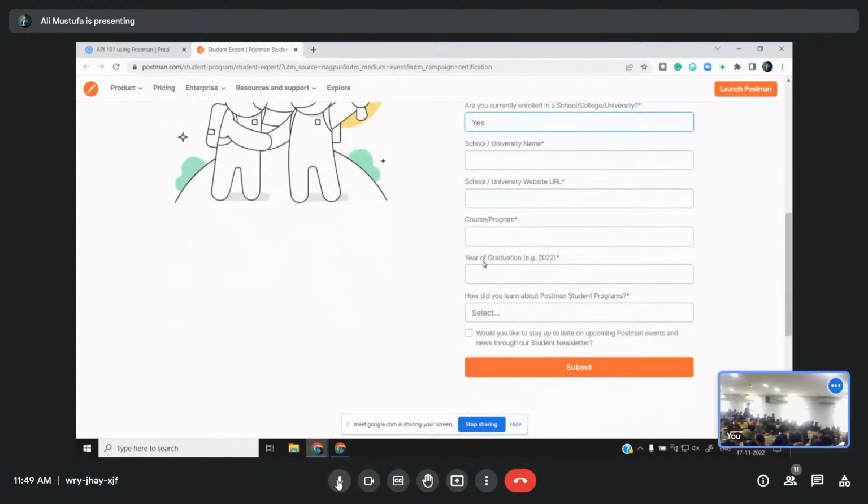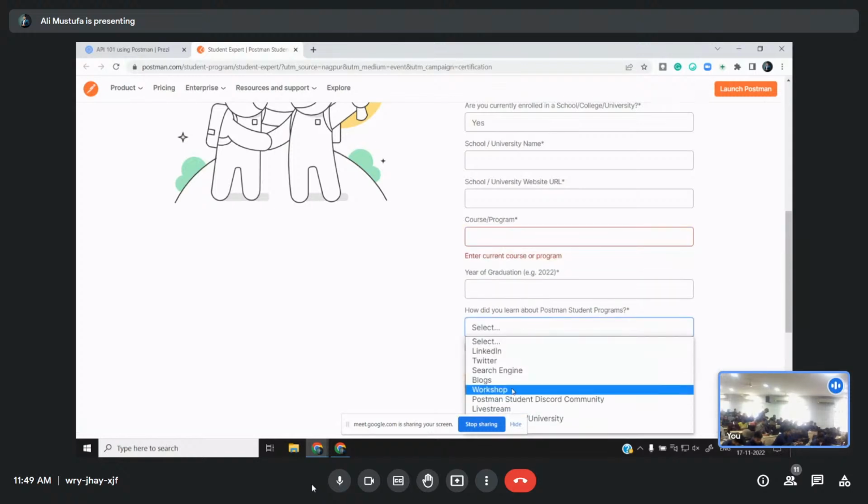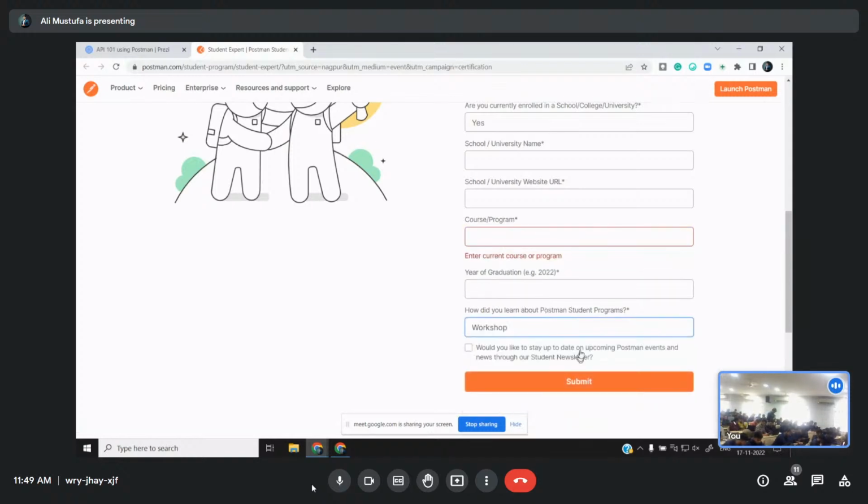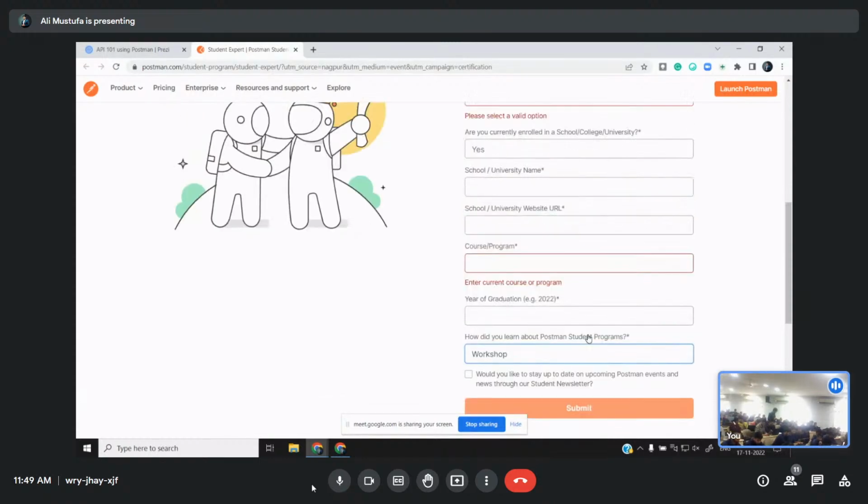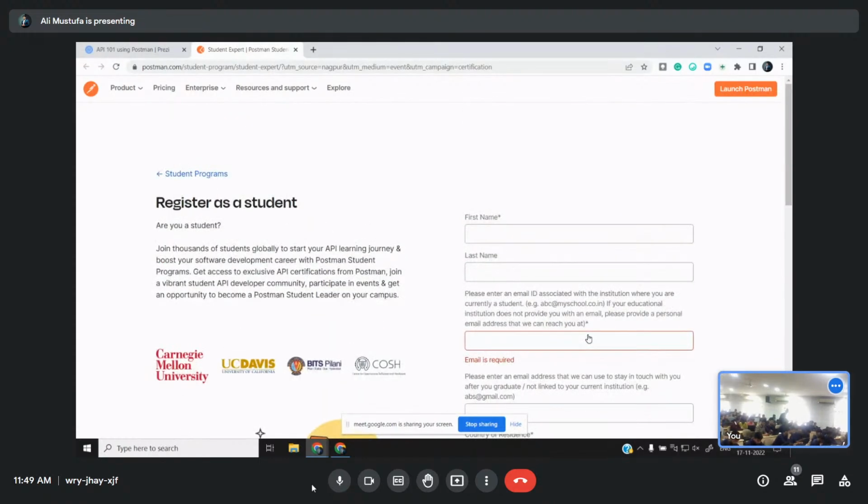Course program will be your program name. If you are from IT, information technology, computer science, AI, you can mention that. Graduation year, and here you can mention event, workshop. Where did you learn about professional programs? It's going to be workshop, and hit submit. Once you have hit submit, give me a thumbs up quickly.